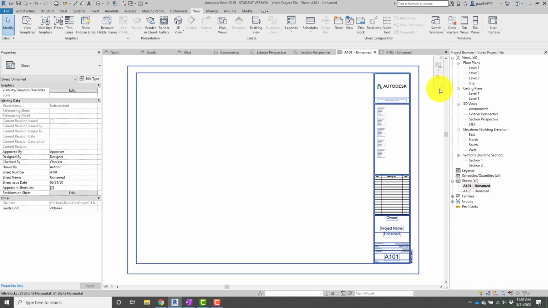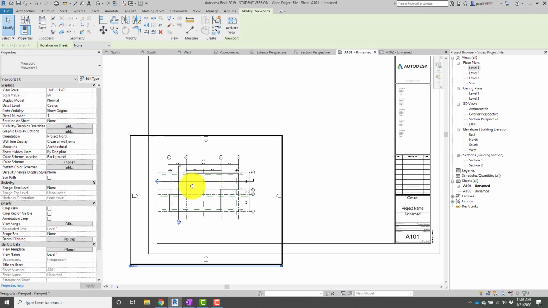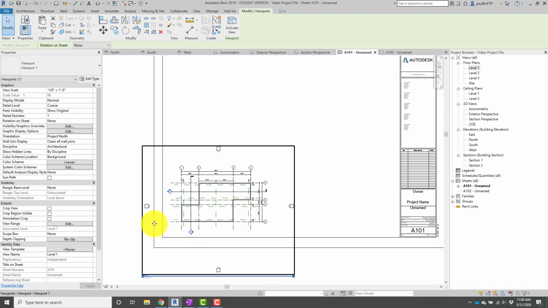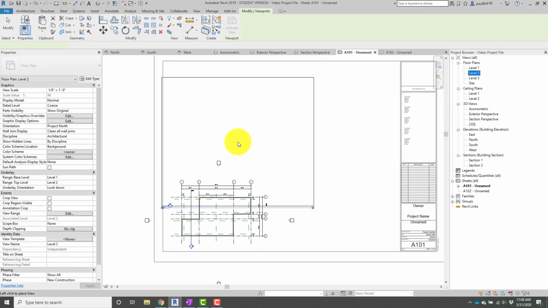So on the first sheet, let's go ahead and drag all the views we want on here. So we want level 1, and we'll put that in the bottom corner here. At this point, don't worry about the graphics outside the building. We'll fix that later. Let's just get everything where it needs to be, and then we can clean it up